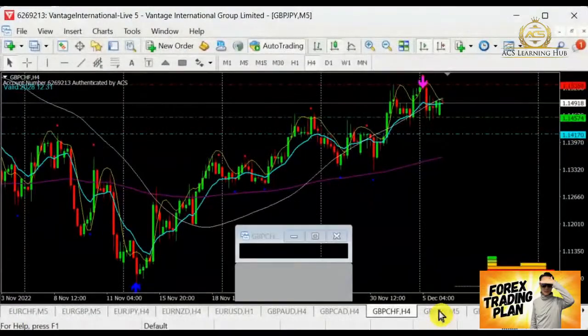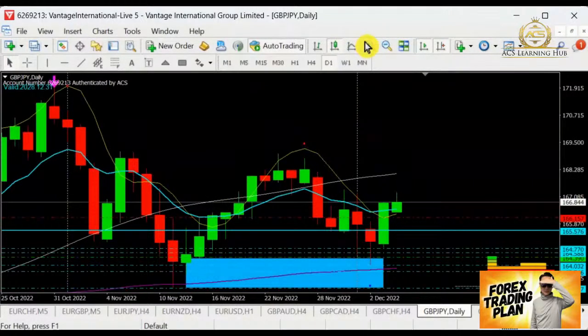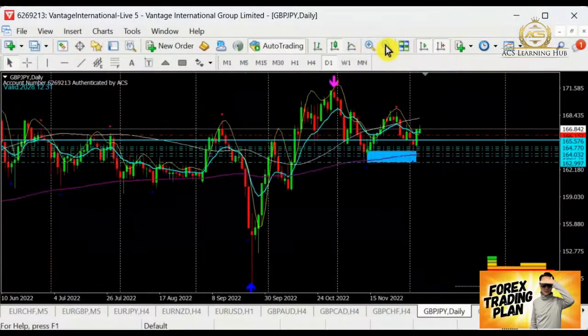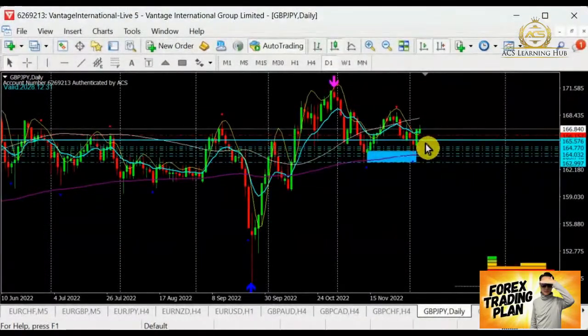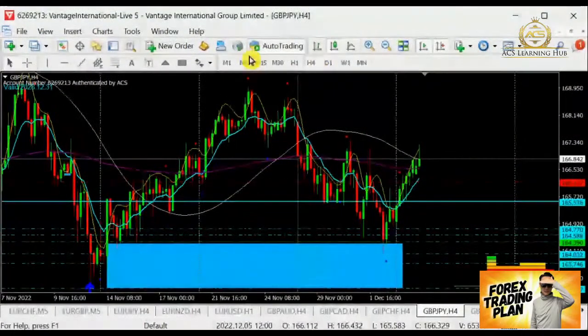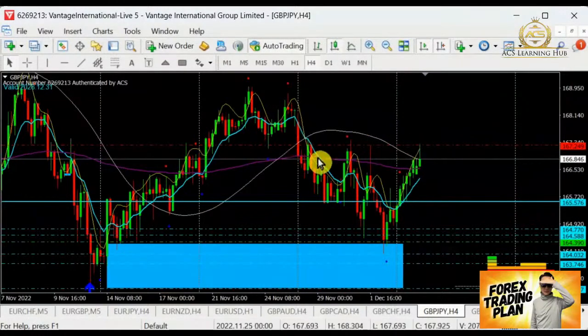Alright, so for Pound Yen, let's take a look at Pound Yen. Pound Yen today, looking at it in general, it is now moving up and up. It's being disturbed, but it's still creating a bull. So buying is still possible. Let's see if there is any resistance up there. The resistance here has been tested once, and over here, it has been tested. So it looks like it's going to look out for another support before it starts to go for a buy.